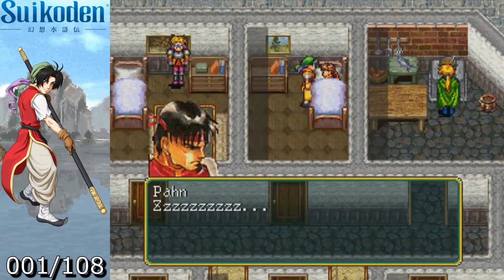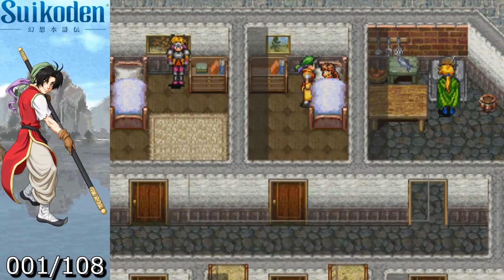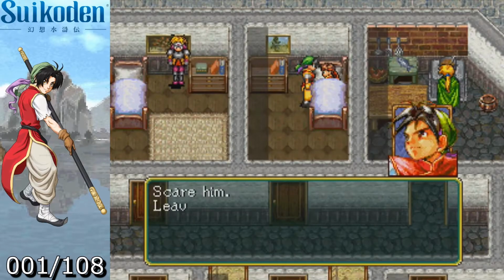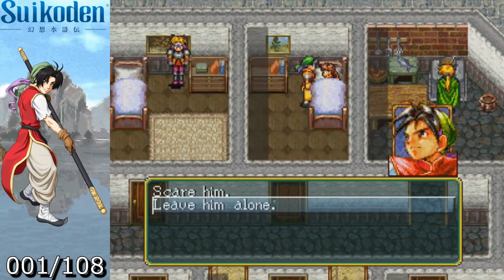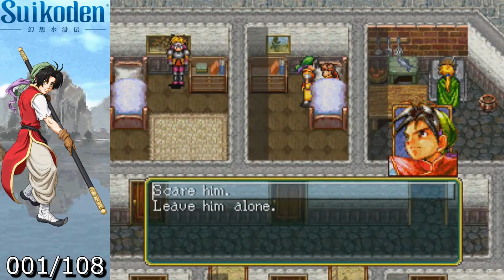Yeah, I've slept a million times already. I've never made a Z sound. We do know what it means, of course. Scare him or leave him alone. I don't think these have any impact on the story. So, let's have some fun with him. He is a friend of ours, so...